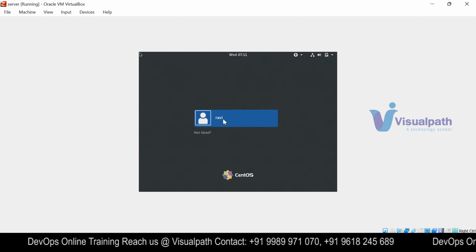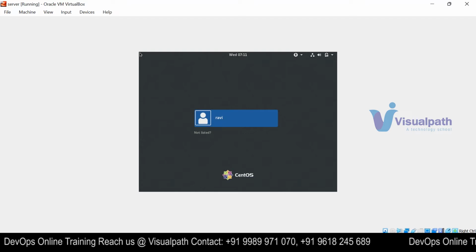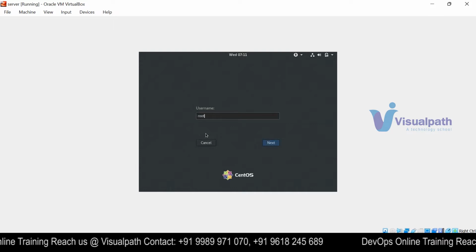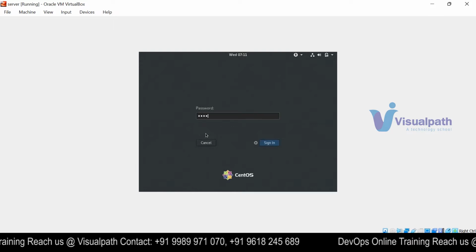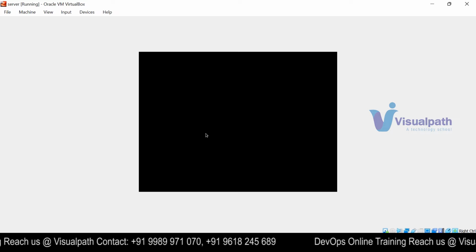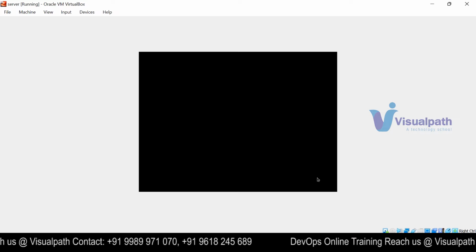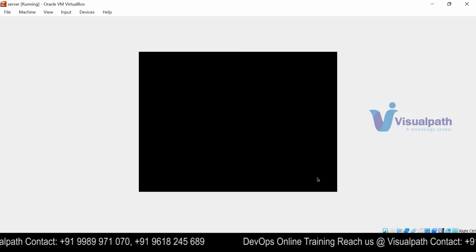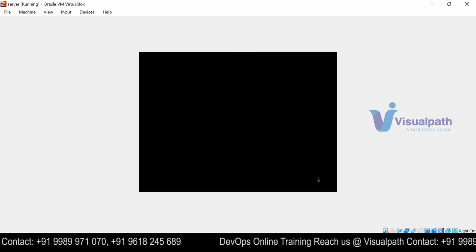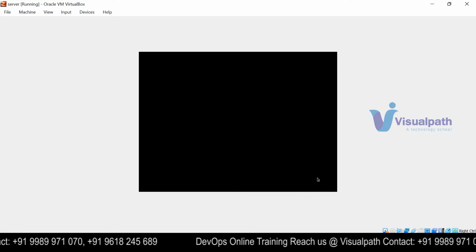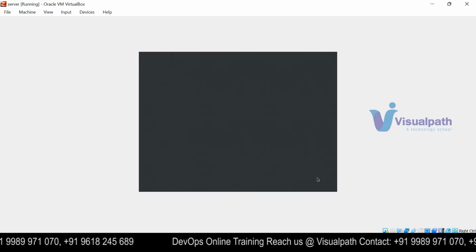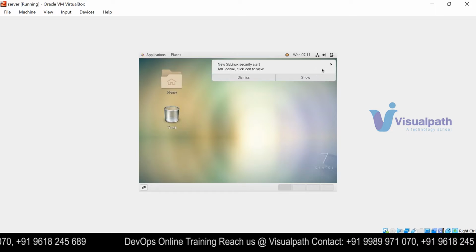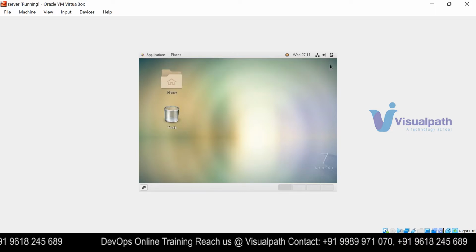I can log in as this Ravi, or else you click this not listed. You can give username as root and password. I give it as Red Hat. How to do with users, I'll explain guys. For now, leave it. Today's session, just practice it as root itself. So this is your screen,